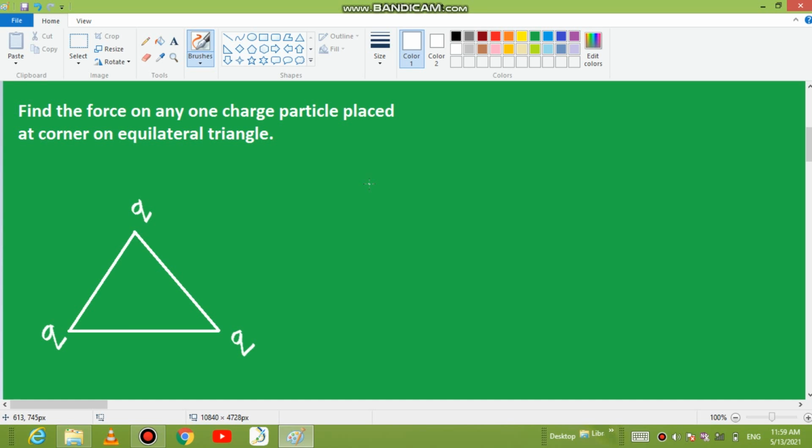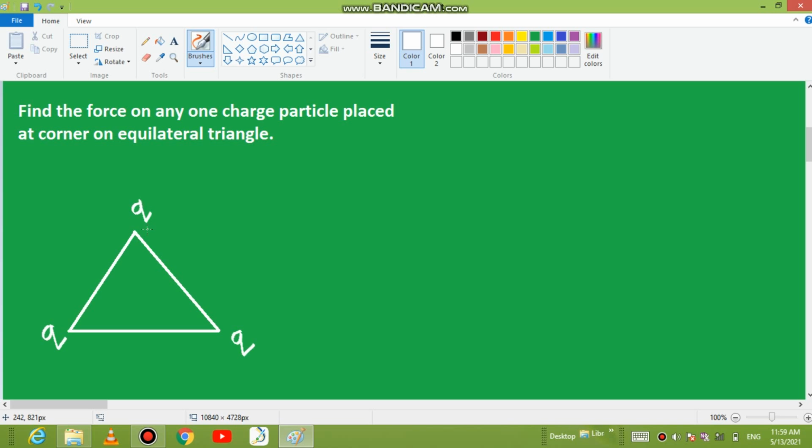फ्रेंड्स, आज की हमारी जो प्रॉब्लम है वो कुछ इस तरीके से है। Find the force on any one charge particle placed at corner of equilateral triangle. हमें इक्विलेटरल ट्रायंगल गिवन है और इसके तीनों वर्टिसेस पे यानी कि कॉर्नर पे तीन जो है सेम नेचर के चार्जेस पुट किए गए हैं। हमें किसी भी एक चार्ज पर नेट फोर्स जो है बाकी दो चार्जेस की वजह से फाइंड करना है।